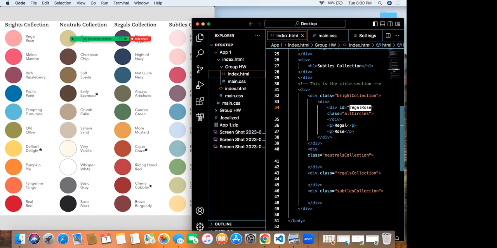Okay, so are we not using P tags for regal logos? Yeah, the reason is a P tag would occupy the entire length. That's why it went to the lower line. And then we have to make our class, all circles, occupy just the size of it, not the entire length. All CSS.